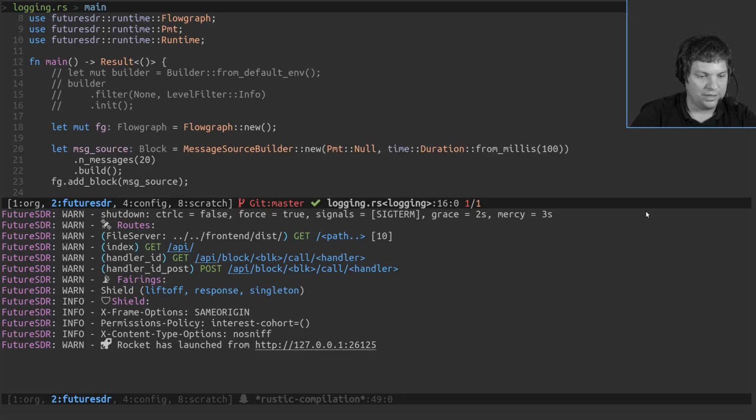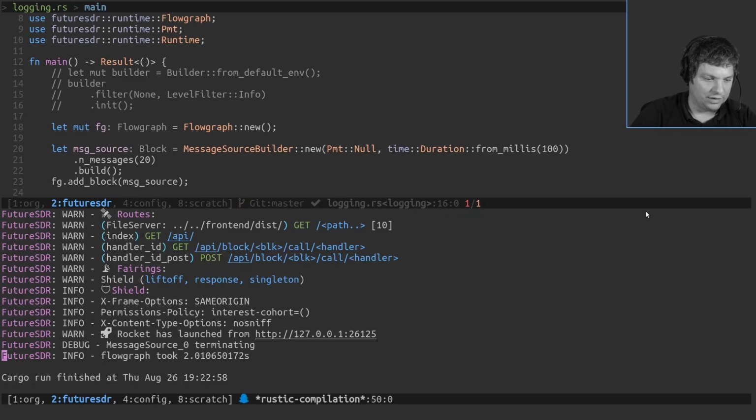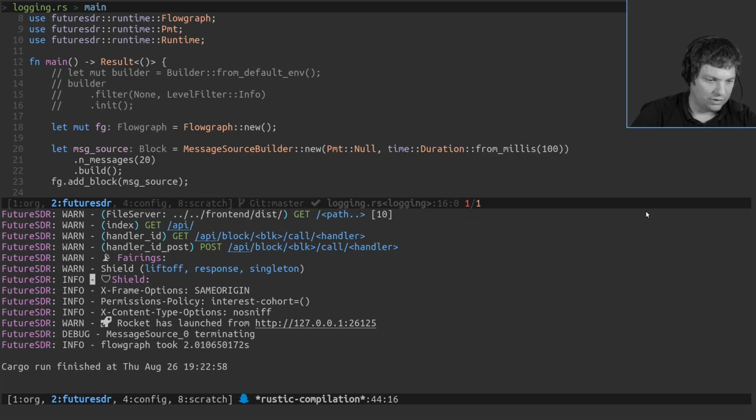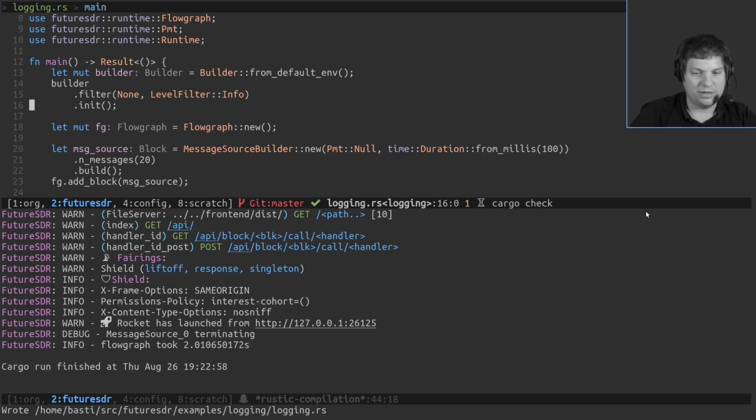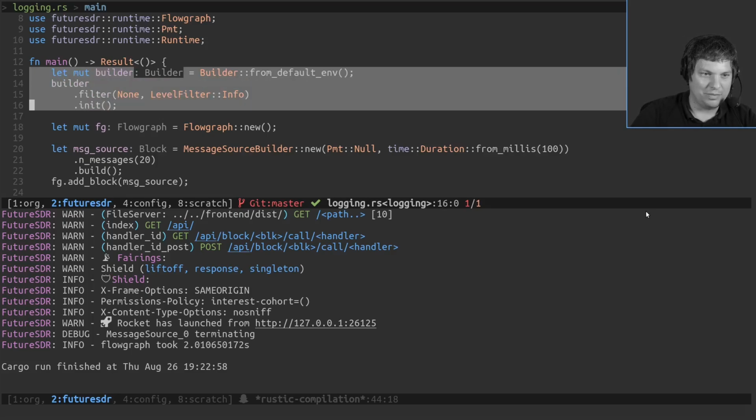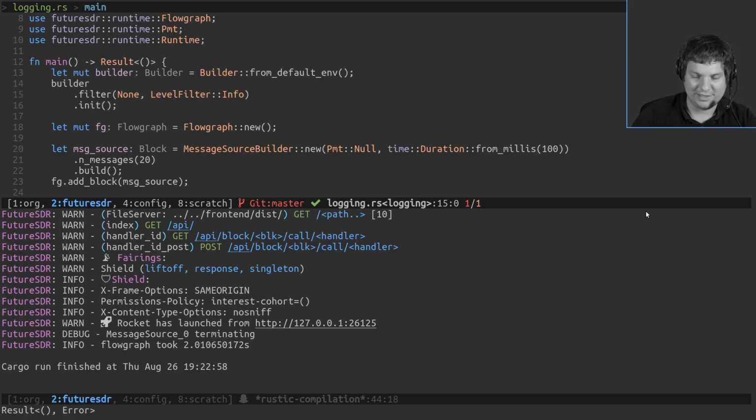So now this is what we've already seen the whole time: FutureSDR, log level, and then the message. But now the example demonstrates we set env_logger. It's a pretty popular logging crate. I'm not very familiar with it. I just copy pasted this basically from the documentation and set the log level and don't do any fancy setup with it.